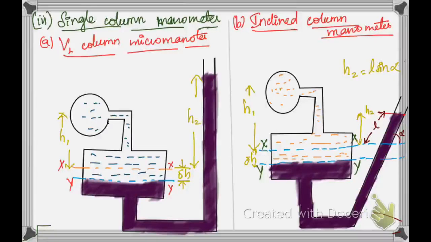The limitations are that it is bulky and large in size, and being fragile, it can be broken easily. Another important limitation is that it is affected by changes in temperature, altitude, and gravity. And for better accuracy, the meniscus has to be maintained by accurate means. You know what a meniscus is, so it has to be maintained.